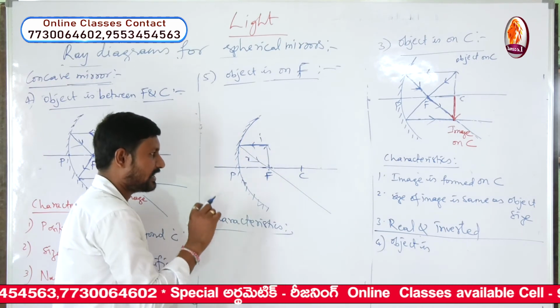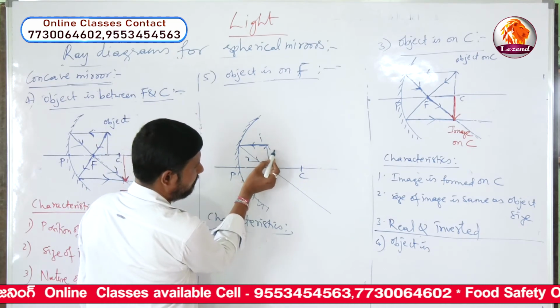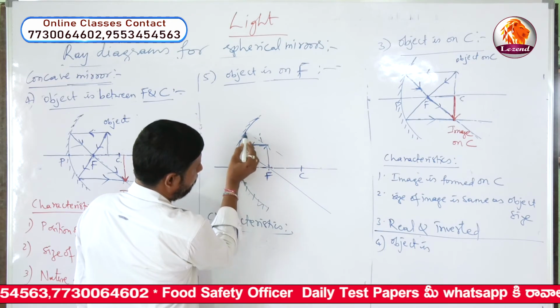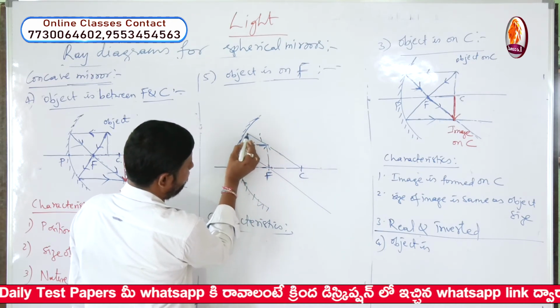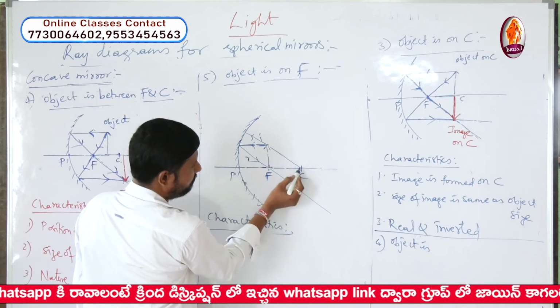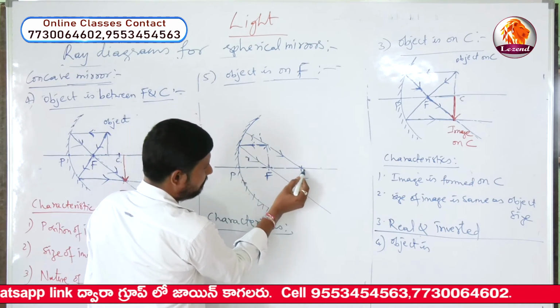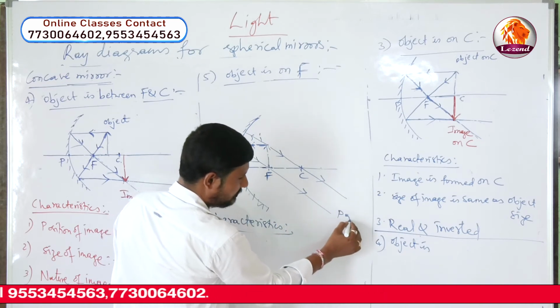And now, second light ray, what we take is, you can take two light rays. A light ray appears to come from center. You can take. See here. You can take, this is incident ray coming from the object. It appears to come from center. So this is incident ray. This will be the reflector ray. How these two reflector rays parallel to each other.